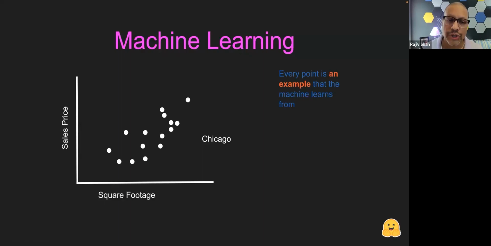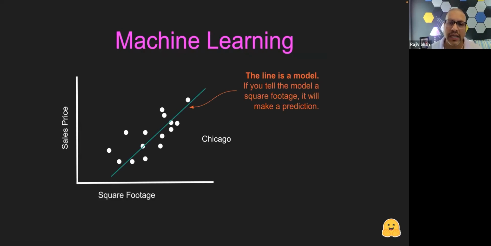And this is what traditional machine learning does: we collect lots of data, and then we use the machine to help infer exactly what that relationship is. In this case, you'll see this line is a machine learning model. It kind of minimizes the error of all my observations and helps me understand what the relationship is here, in this case between square footage and sales price. And the value of a model is, once I've built it, if some new house comes along that I want to estimate the sales price for,